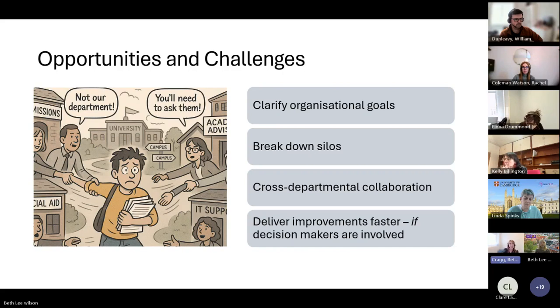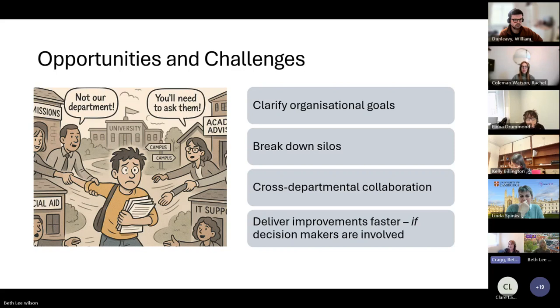And I think that really helps if you're potentially dealing with a very difficult change culture, where it's difficult to get change going and to make it stick. Which kind of leads on to the next point. It definitely helps facilitate cross-departmental collaboration. And I think this is really promising in higher education, where we tend to have a lot of similar roles that can be dispersed across different departments and different functions, but fundamentally are delivering the same service or the same